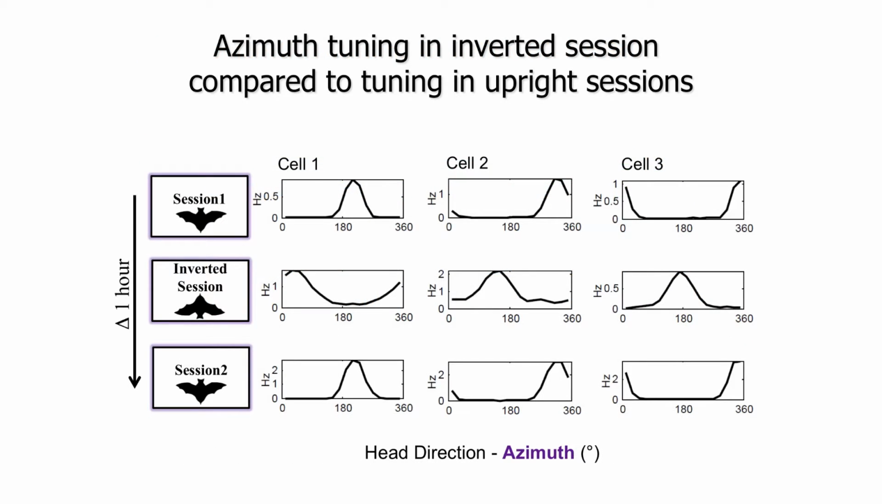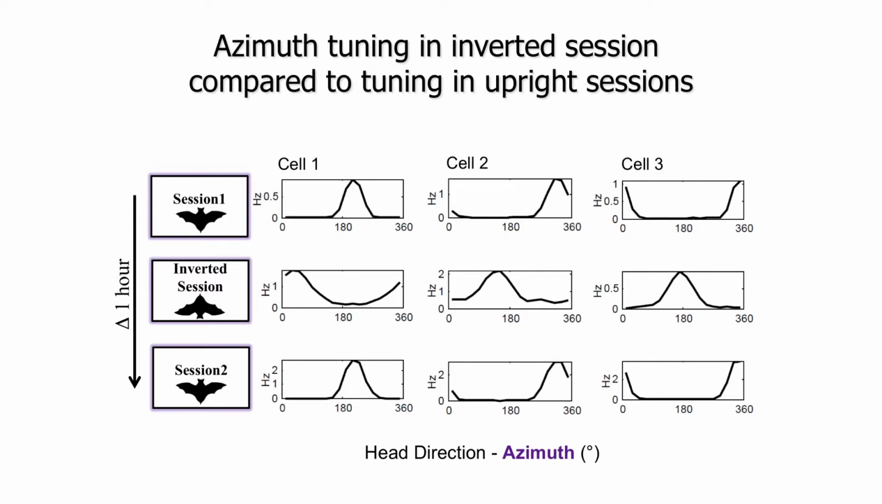Now came the surprise. We did an experiment also where the animal was inverted. They like to be inverted a lot of their time. So we had, in fact, 3 sessions, 2 upright sessions, and in the middle an inverted session. And this is what we got. These are, again, the azimuth tuning of 3 neurons. And what you see is that